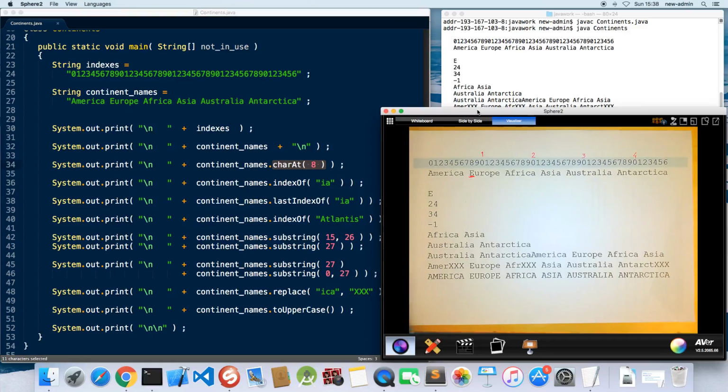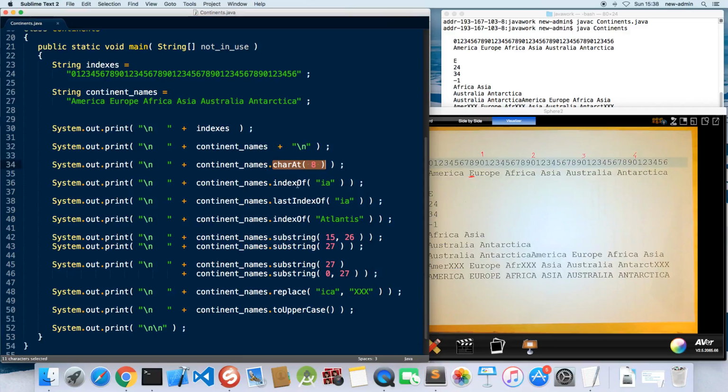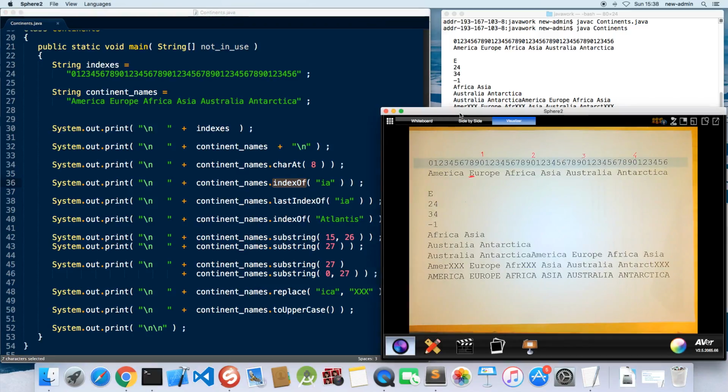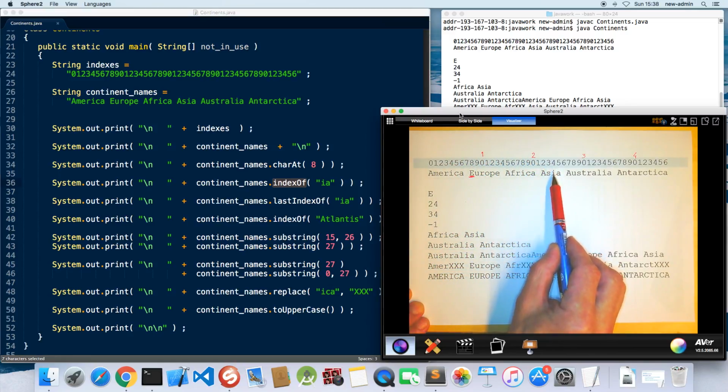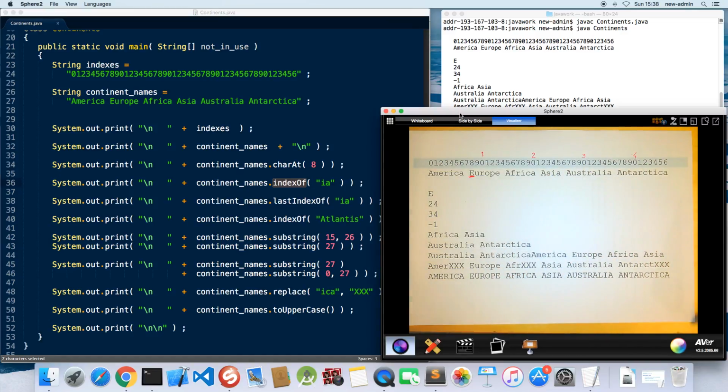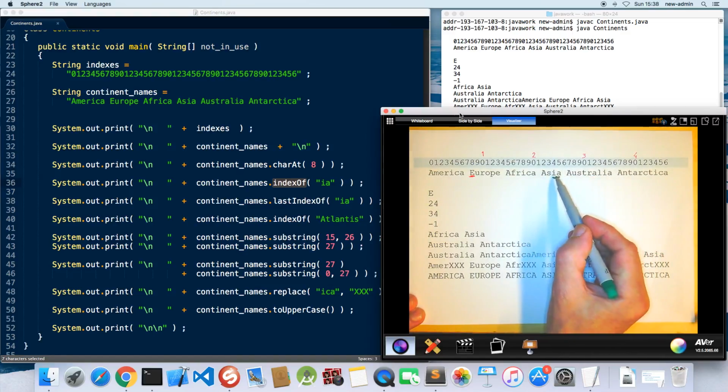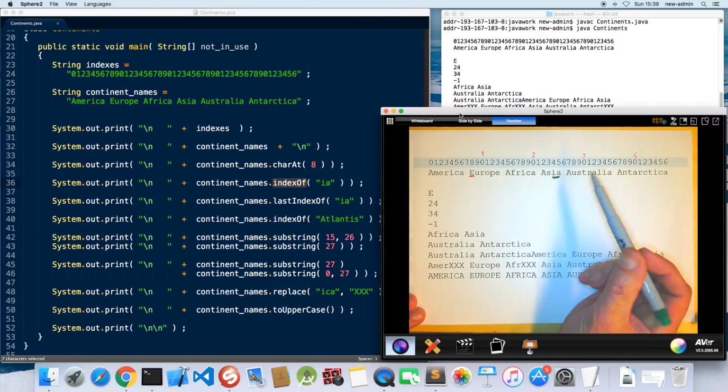And the next is that we call the indexOf method here. We give another string as a parameter for the method, and the parameter is a short string I and A, and you can see that it prints this number 24. So it means that the index of this substring IA is 24. You can find it if you count like this, 2 and 1, 2, 3, 4. So it is here. Here is the substring,